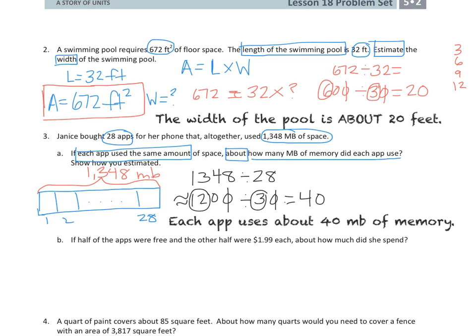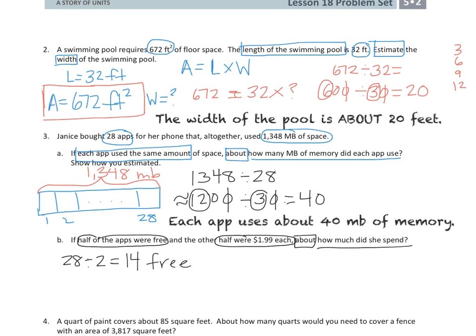So B says, if half of the apps were free and the other half were $1.99 each, about how much did she spend? So once again, we're estimating here. So let's think about this. So half of the apps were free. So if we take 28 and we divide it by 2 and cut it in half, that means 14 were